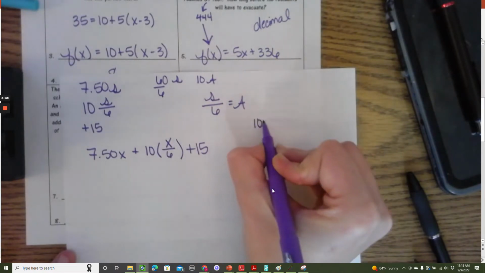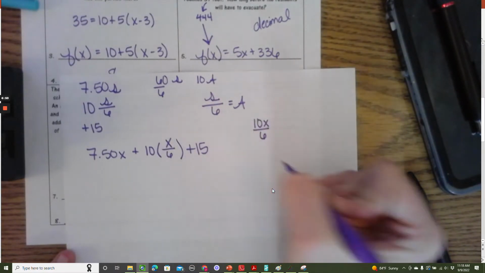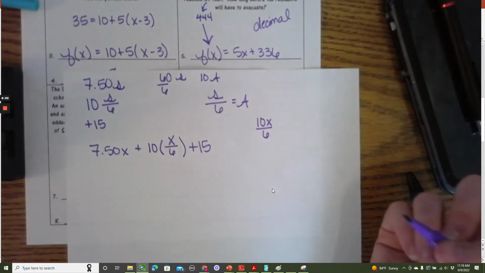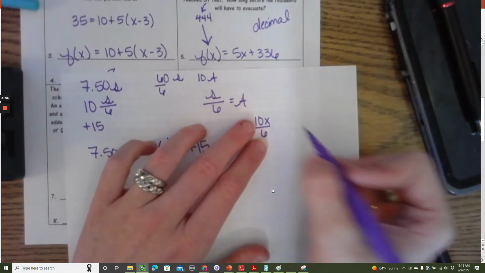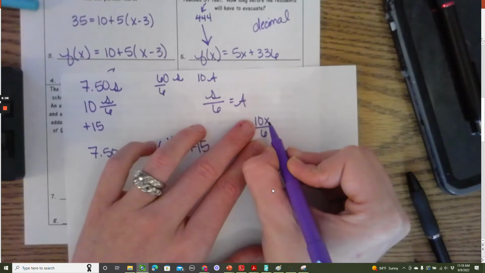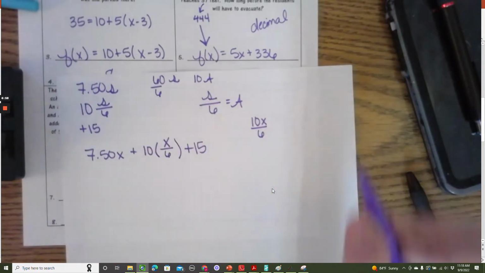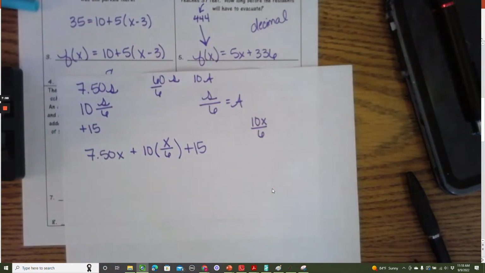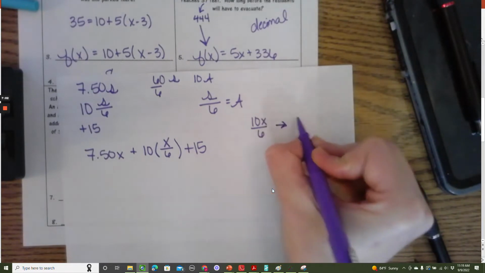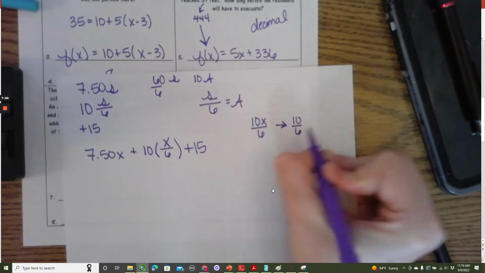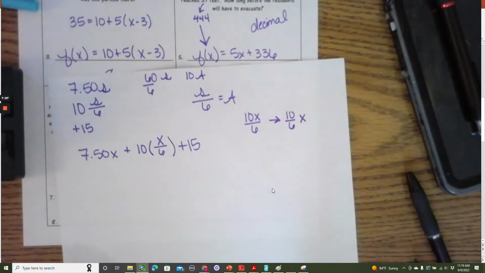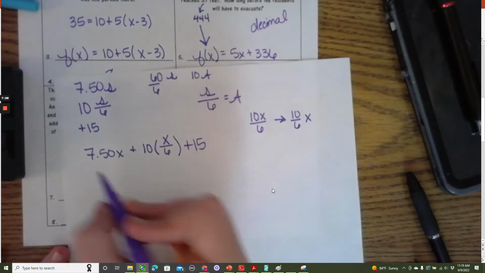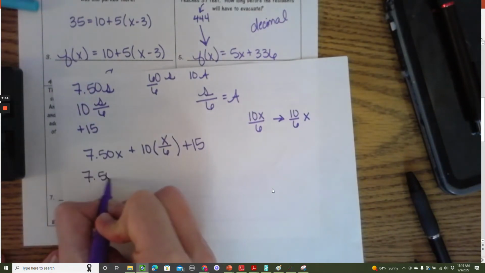I could write 10x over 6. That's still pretty gross. But when you have something written like this where the x is on top and it's just numbers, you can pull that fraction out. And you can rewrite this as 10 over 6 times x. That way, if I rewrite it that way,